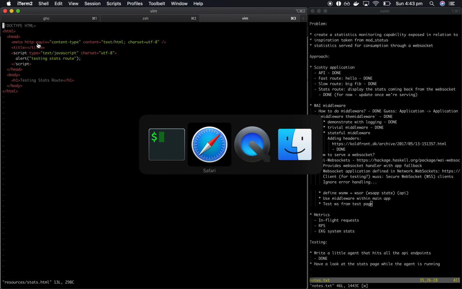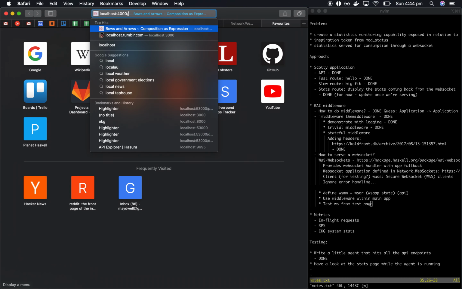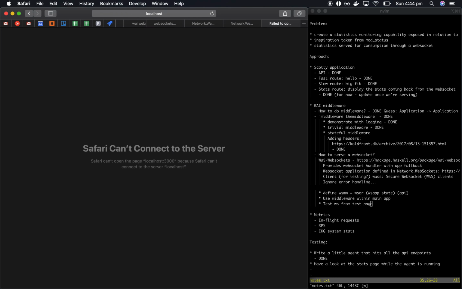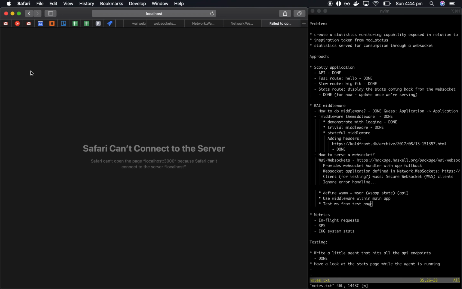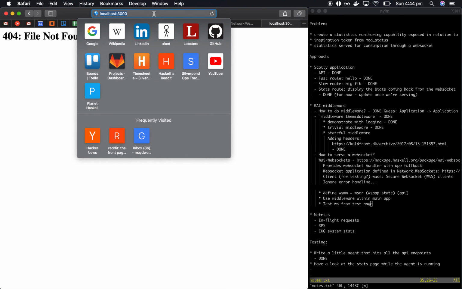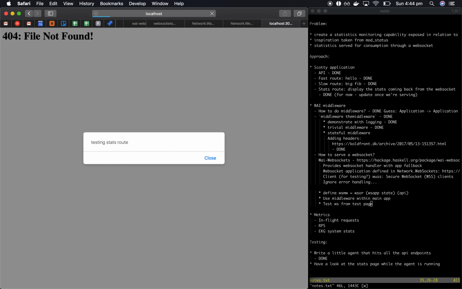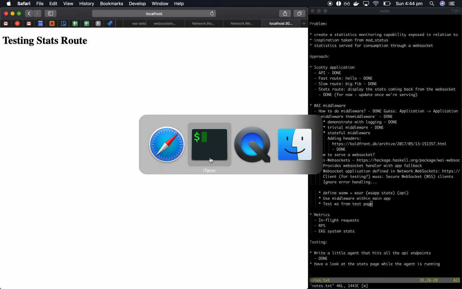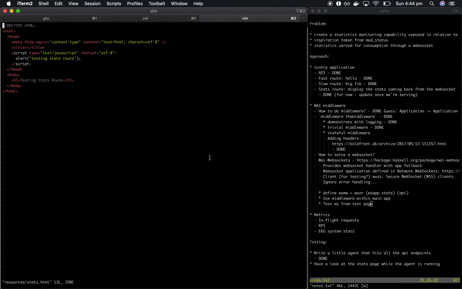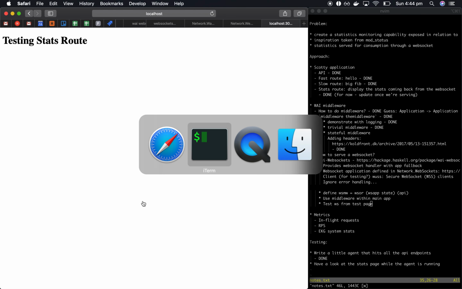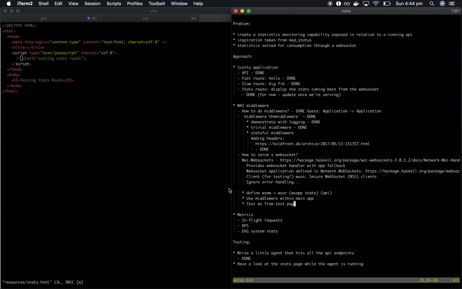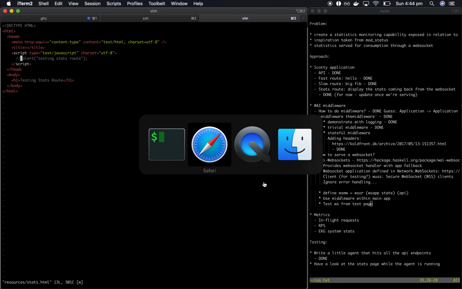Resources, stats. So, localhost 3000, 4000 is my blog, I think. Gotta run the thing. There it is, 404. Very convenient. That is working. So now, if I have my facts straight, this will now not alert. Fantastic. So this is a very neat little workflow. I can just edit my HTML right here,